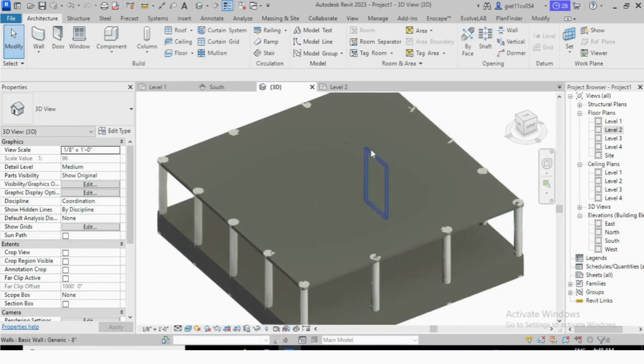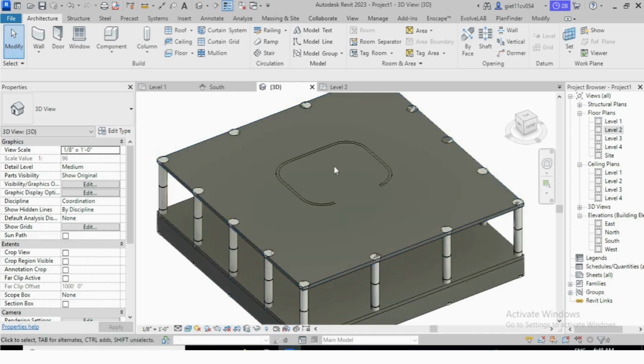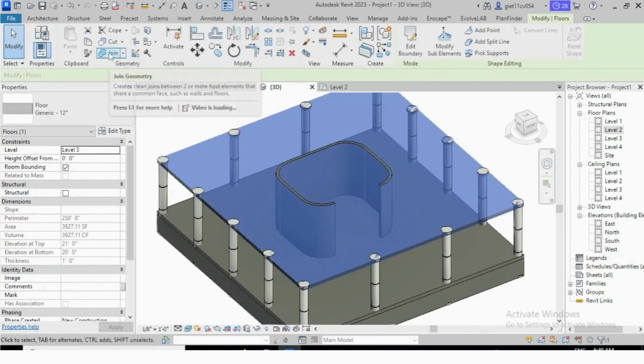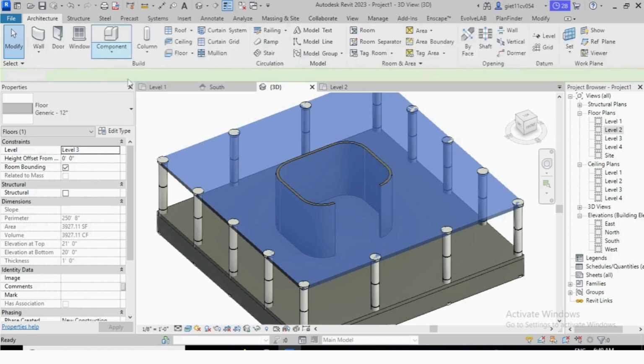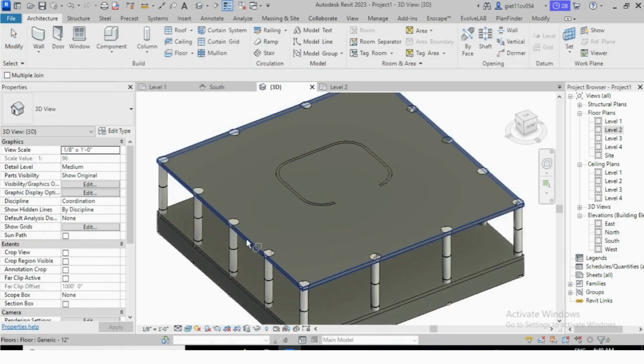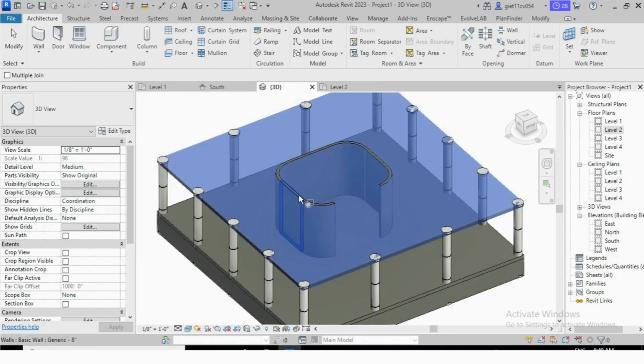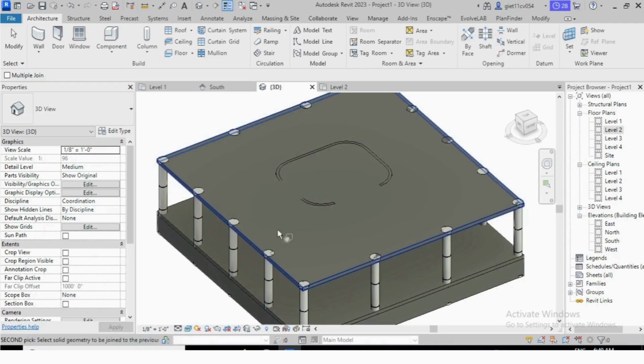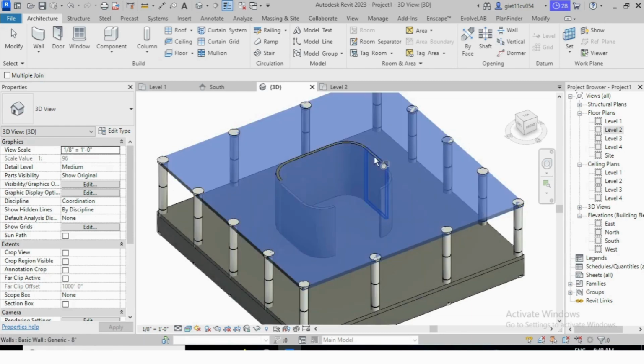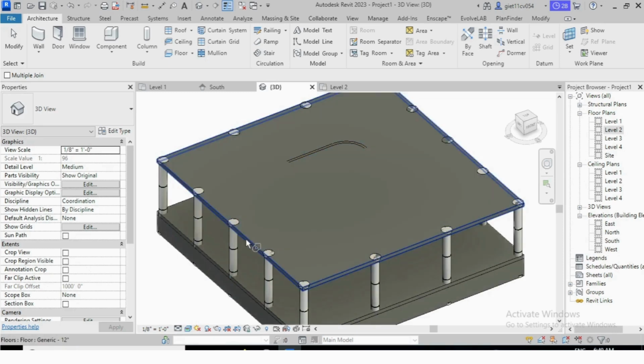Now we have to join all this, so for that we have to click here, and here you will see the join option. Click on join and click the floor and select the wall. Again, by doing this you can select all the walls, so they can join with the floor.